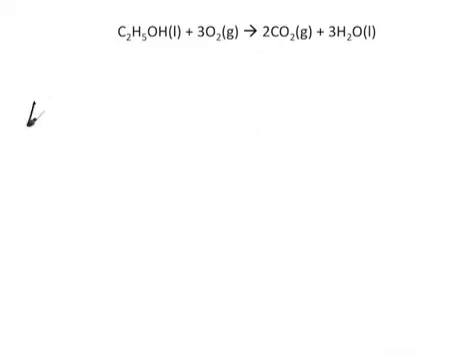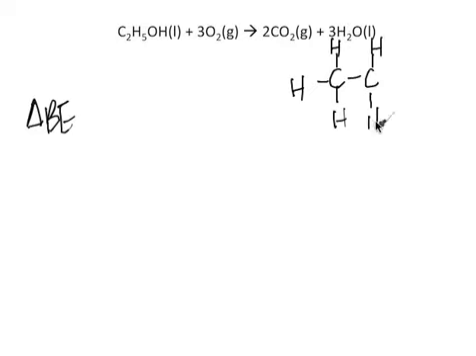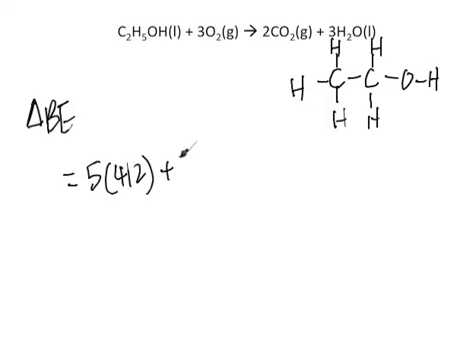Okay, let's calculate the change in bond energies. Let's draw out what ethanol looks like. For these, you just have to know what the molecules look like, and then you can look at the table for each of the bonds. So there's going to be 5 CH bonds, 1 CC bond, 1 CO bond, 1 OH bond,